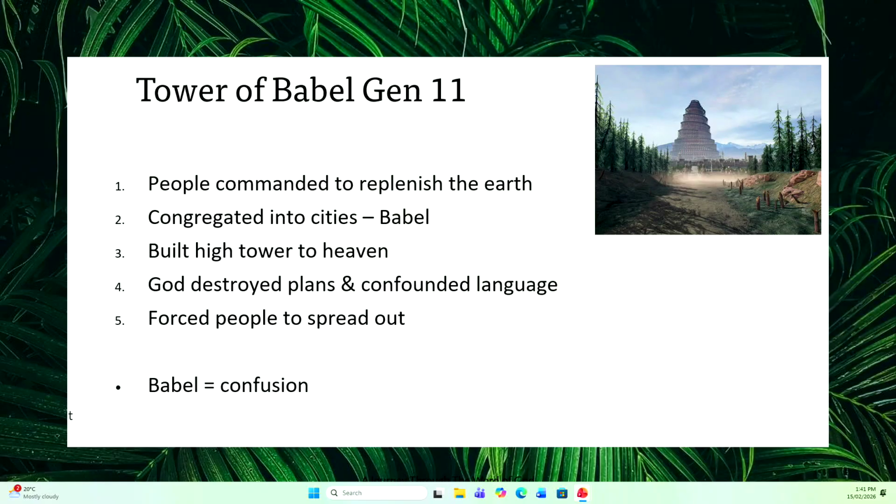So God, being the creator and sustainer of all things, instead of flooding the earth because he promised he wouldn't, he confuses the language. And that's what Babel means. The Tower of Babel is about confusion. So mankind moved and shifted with the people that they could speak with. I don't know how many different languages there were, but from that point on, mankind actually finally did, through being forced, because their language was confused, start to move out throughout the earth.